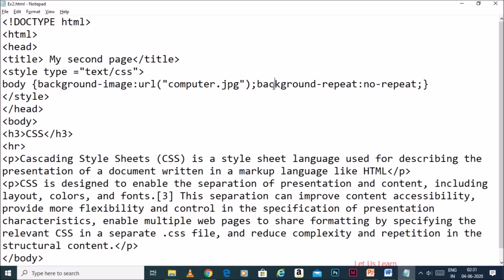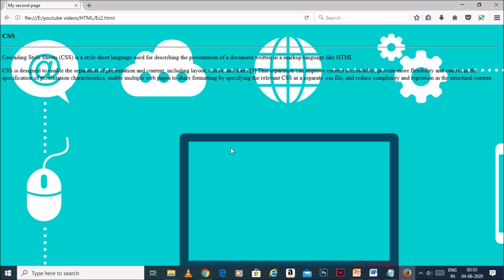And the next one is called background repeat. I have given it as no repeat. And in the last one I had given h1, now I change it to h3. Okay, now we save the file. My output in Firefox, you can see the background image is displayed in the web page. This is how you set an image as a background for your web page. And you can see this heading size is also a little bit reduced compared to the previous output. These are the two differences I wanted to show you.